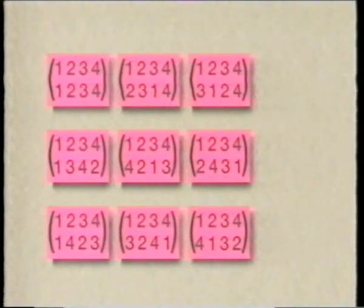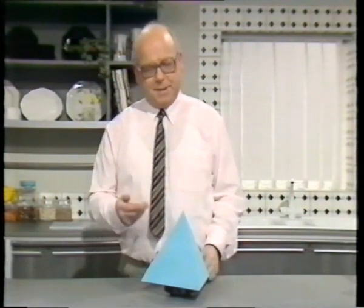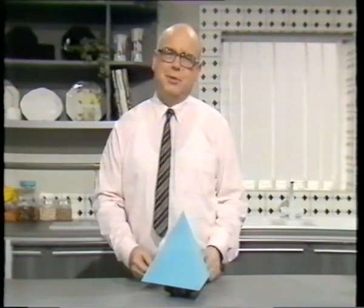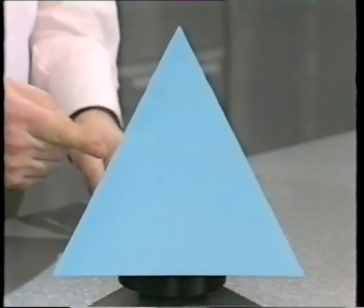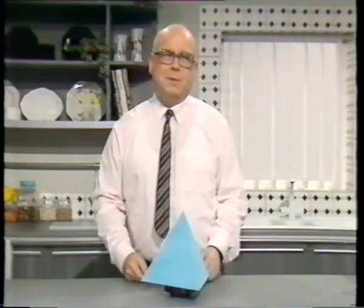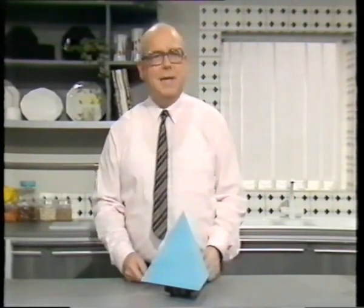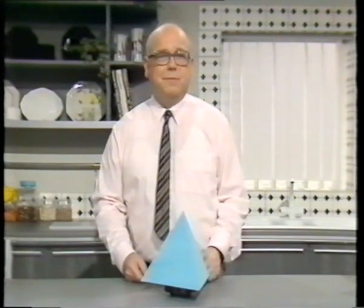But are there any others? For a 4-faced solid like this, 9 just doesn't feel like the right number of direct symmetries. But for the equilateral triangle, we found that the direct symmetries formed a group. And that's what we'd expect to happen here. So let's try combining some of the direct symmetries that we've found already to see if we get any new